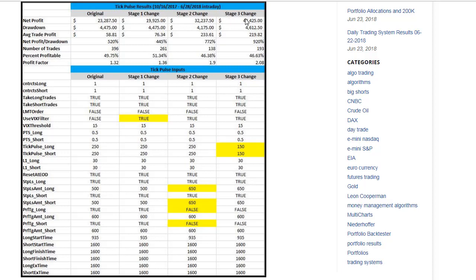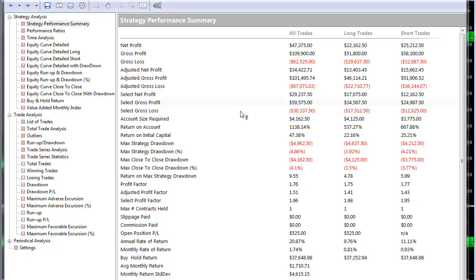And so next we're going to go to the stage 3 change. We're going to increase this so we're more aggressive. The lower this number is, tick pulse long and short, the more aggressive, more trades you'll take. And so now we're going to update these two inputs and then show you the performance and compare it to 42,000 here and average trade profit of 219 there. So with another year and 7 months of data, we see